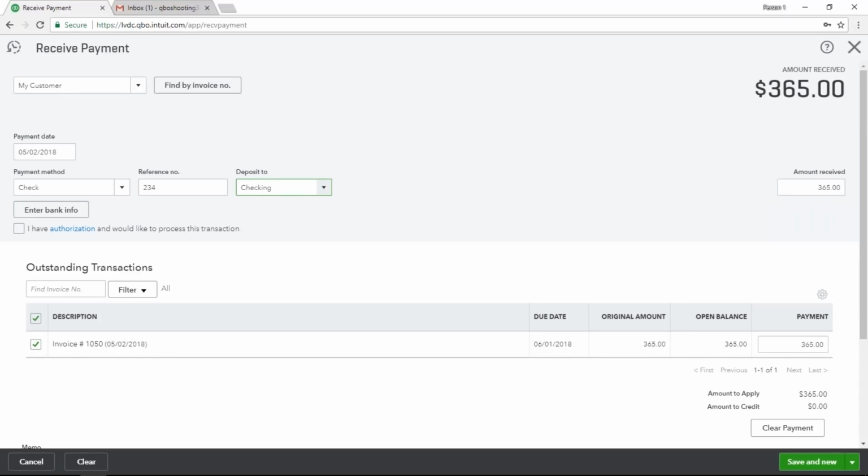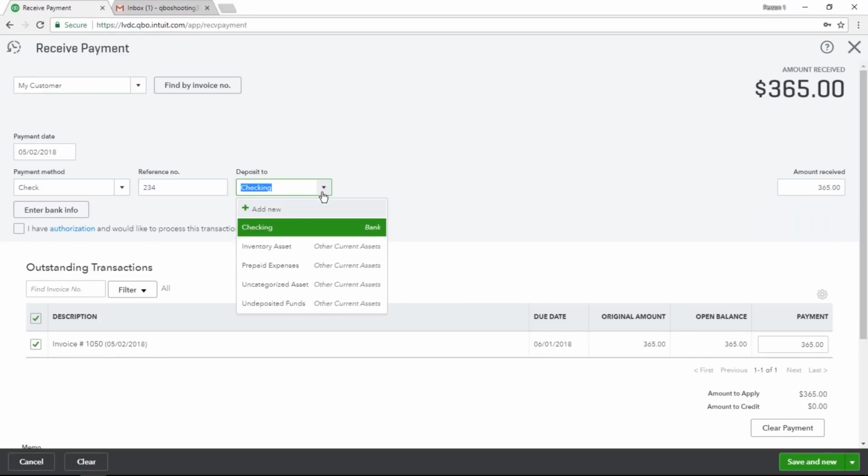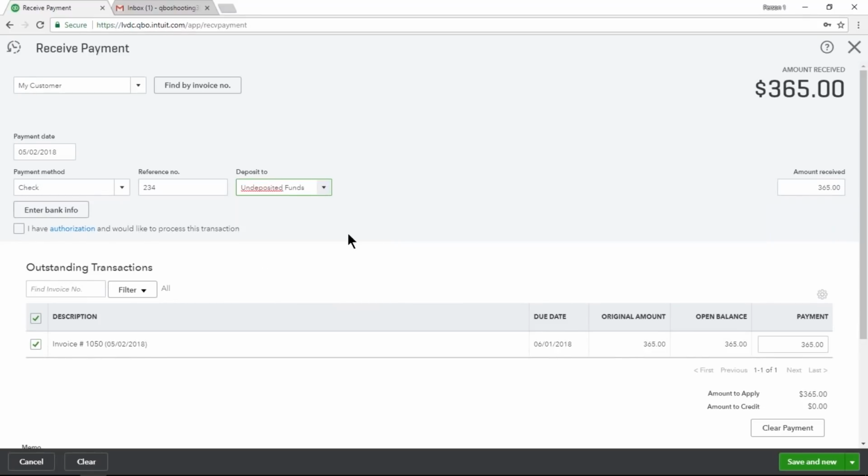Or are you going to take that check and then wait until the end of the day when you can go down to the bank with all of the other money that different customers have given you and deposit them together? If you're depositing it right away, and if it is going immediately into that bank account, you can choose your bank account right here. That's fine. But for a lot of you, you are taking this check and you're going to deposit it later on with a lot of other customer payments,